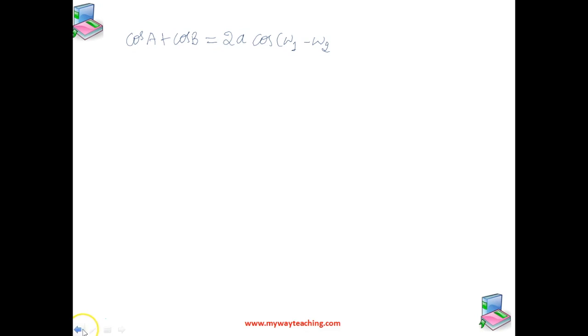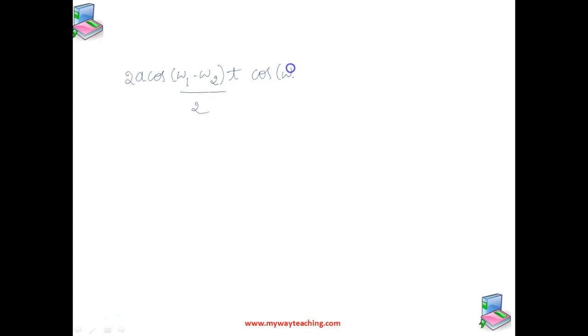For this particular case, we can write 2A cos (omega 1 minus omega 2) t by 2, into cos (omega 1 plus omega 2) t by 2. So which may be written as S is equal to 2A cos omega B t